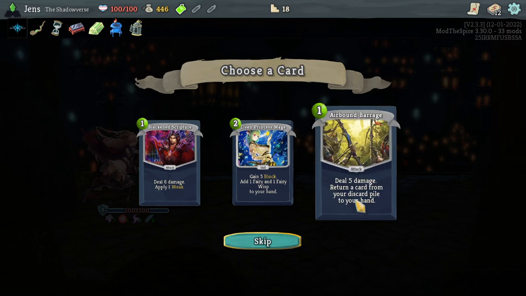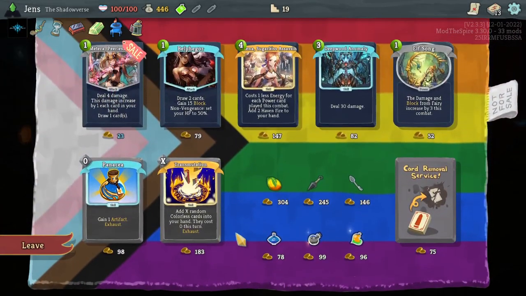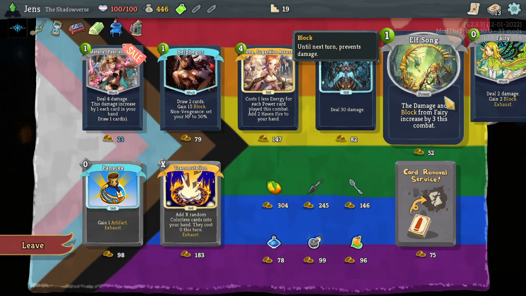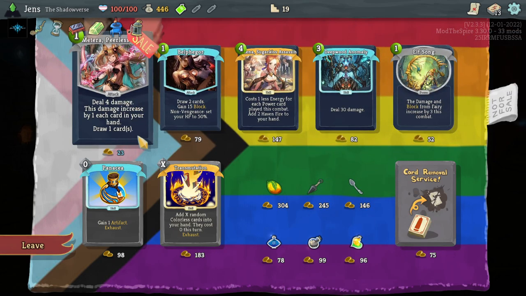I mean, Airbound Barrage would just let you grab your fairy generator. Right? Yeah. Like, that's what I'm thinking, is that it makes for a better strike. I have. You want it? Okay. Instead of that mango, there is that fruit juice for much cheaper. On the other hand, you're also at 100 health, so...